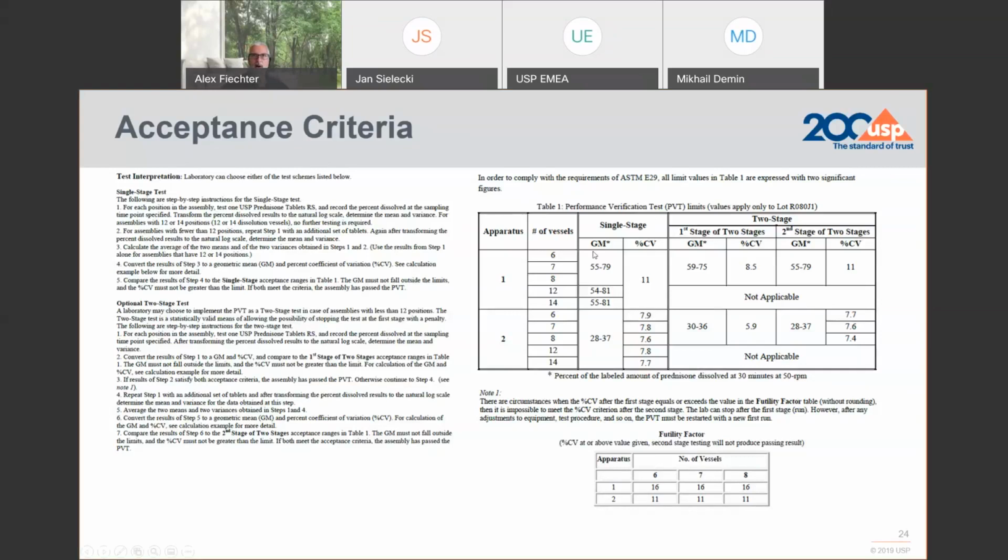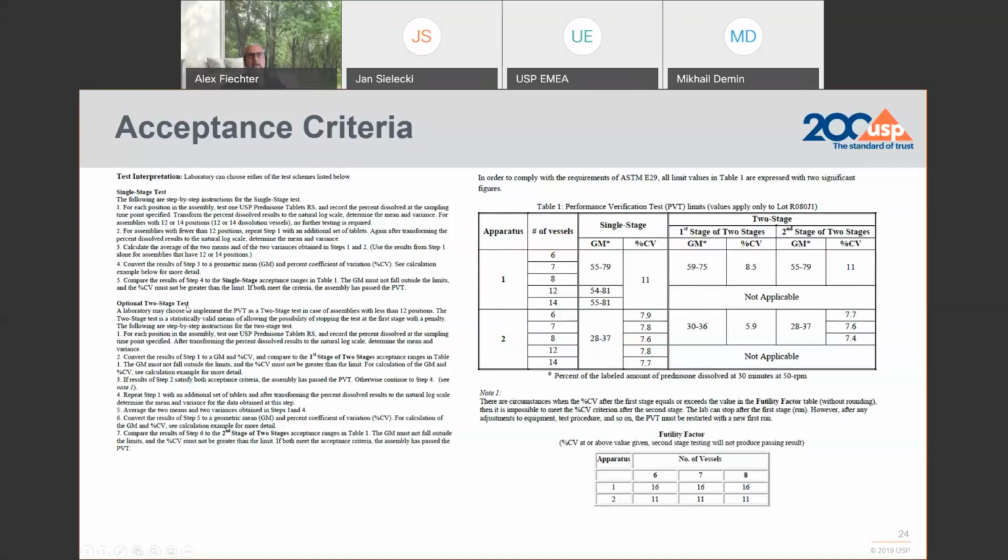And what you are having to meet is up here. If you have a 12 or 14 position tester, a large equipment, you only have to do one test within that single stage test and apply all the 12 results or 14 results that you have to this specification. This is for apparatus 1 and apparatus 2.